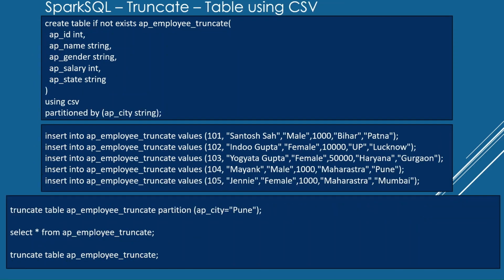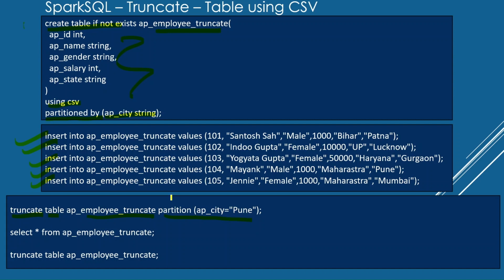So in this exercise, what we are going to do is create a table, but this table is of CSV type, right? And we are partitioning it with the help of APCT. Once this table gets created, I am going to insert some records in it. Once these records get inserted, I will truncate the table with the help of a truncate command,